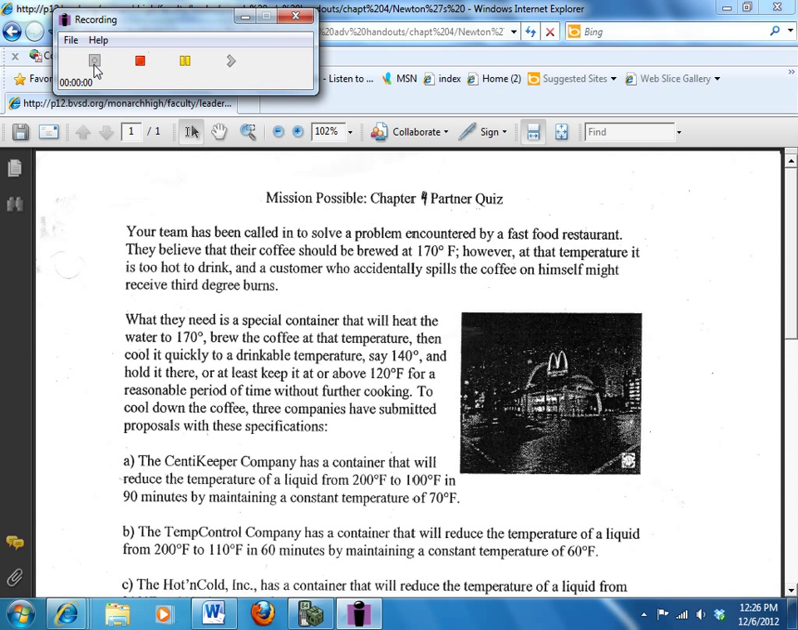Okay. What they need is a special container that will heat the water to 170, brew the coffee at that temperature, and then quickly cool the coffee to a drinkable temperature, say 140, and hold it there, or at least keep it